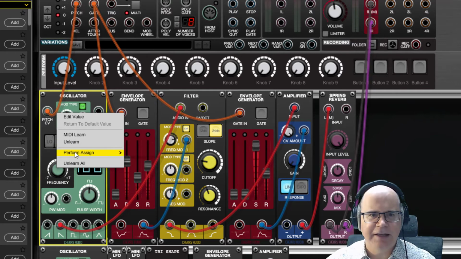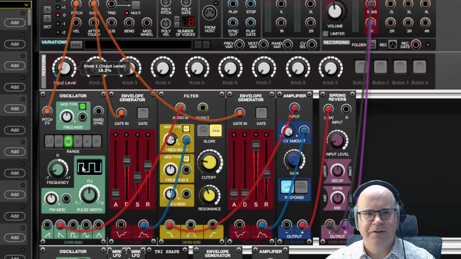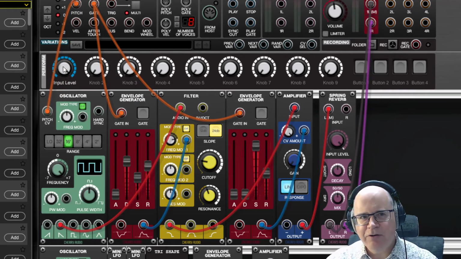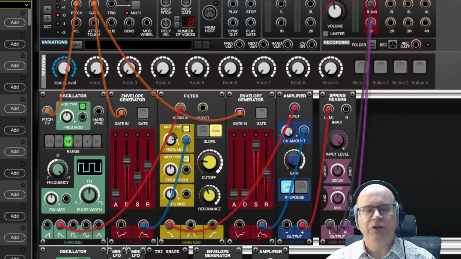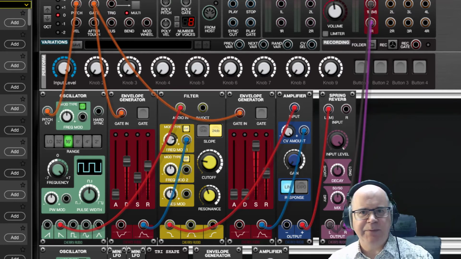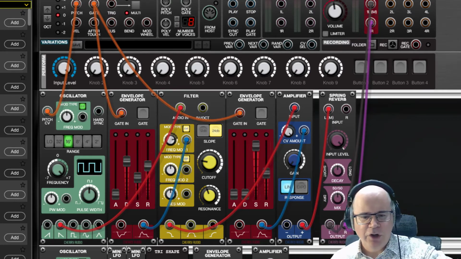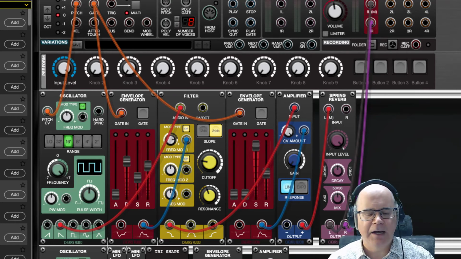And more on oscillators later. We could assign that also to input level. Now watch. They change at the same time. What's really good here is you can then assign this to a MIDI controller, to a knob on one of your MIDI controllers, which means you can actually affect multiple aspects of your entire synth framework just by twisting one knob. It's particularly useful for changing tempo, for changing sequences, actually switching between sequences, and a whole range of other